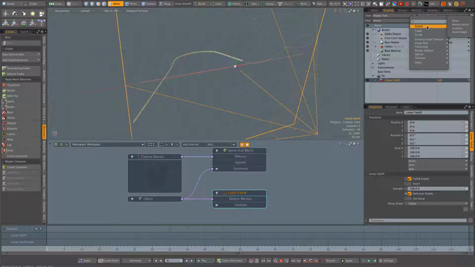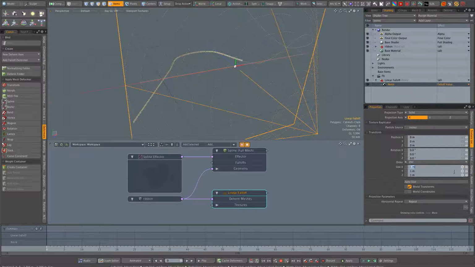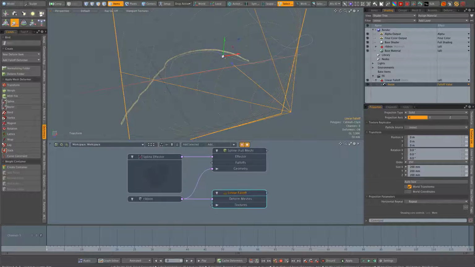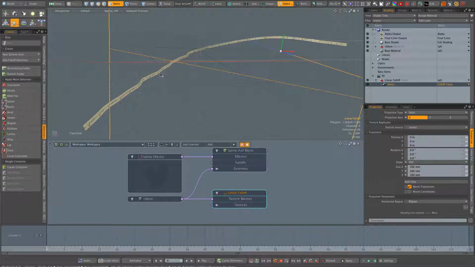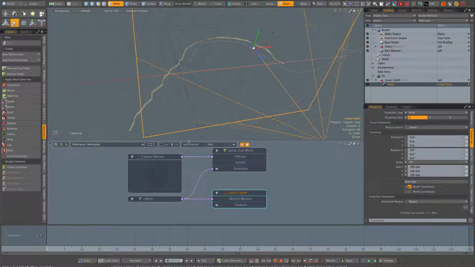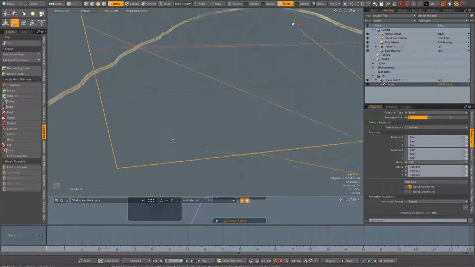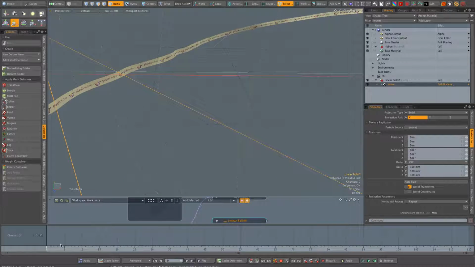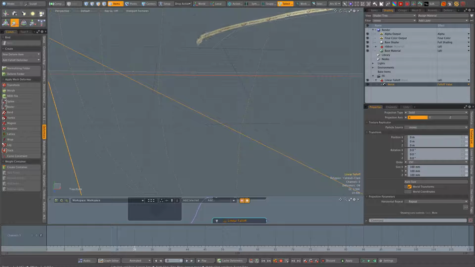And so we're going to add a noise texture, so textures, noise, and maybe lower the scale, like let's do 0.2 meters. And when we move the deformer, you can start seeing the wavy effect that we want. So maybe, here we go. So now when we play our animation, we have our fluttering ribbon.